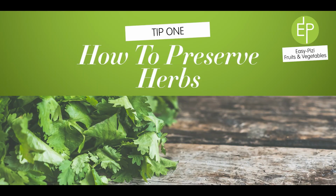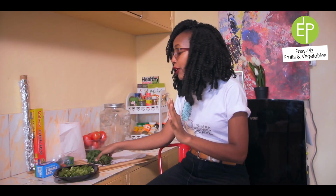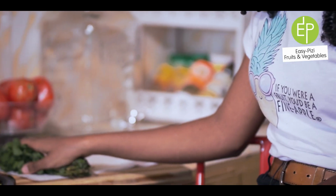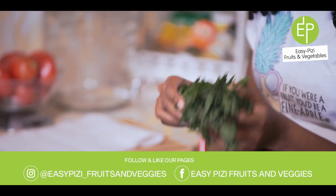I'll start with one of my favorite vegetables, and that is herbs. I love mints, I love dania, everything herbs, and I love them to last for as long as they can. One of my favorite herbs is mint, and this tip works for not only mint, but dania and the like. What you'll do, you'll just wash them, ensure that you've thoroughly washed your herbs, and make sure